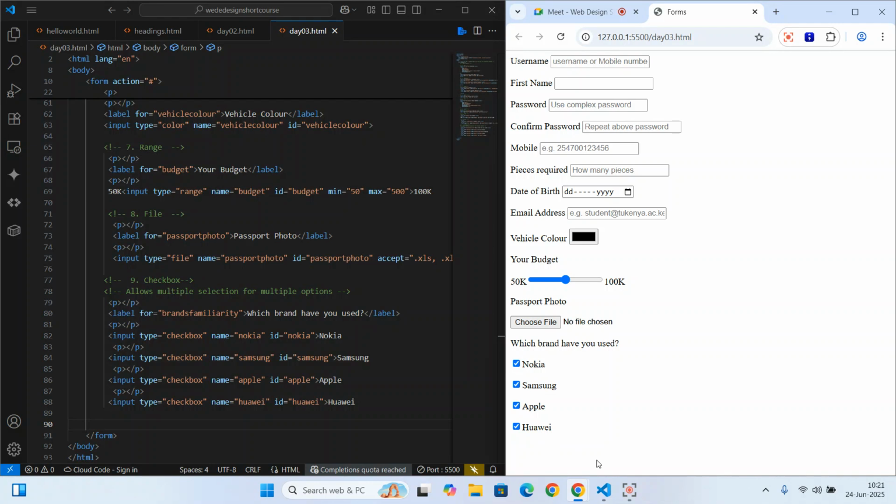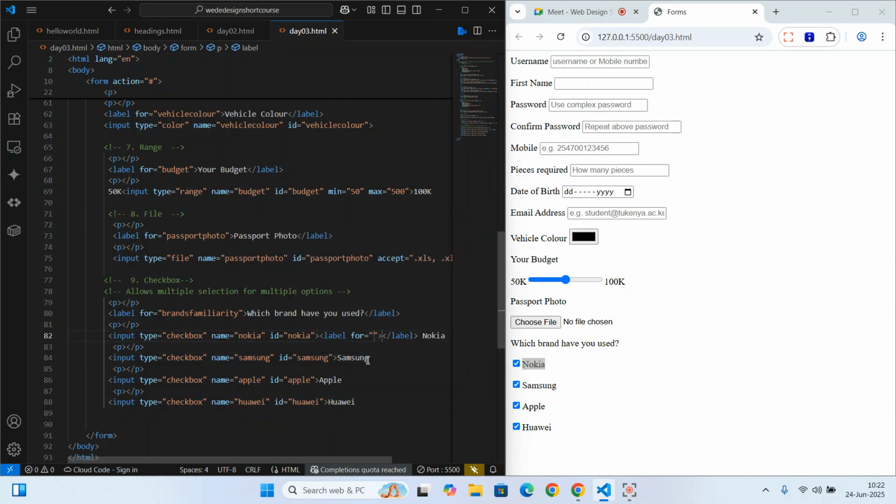So it works because you can see now I can choose one, I can choose all, or I can choose two, or I can choose none. So in short, I can choose either, right? So when it comes to checkboxes, that's what they do. Now, I want us to use labels here so that using the labels, we can pick as appropriate. So what I can do here, instead of just typing Nokia, I'll simply type